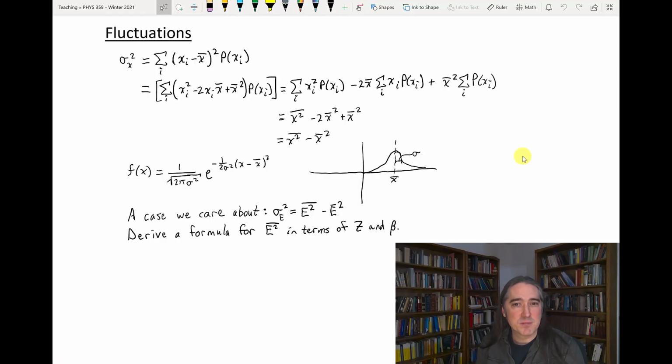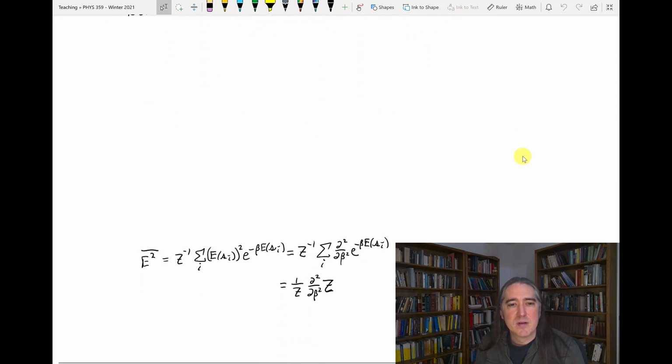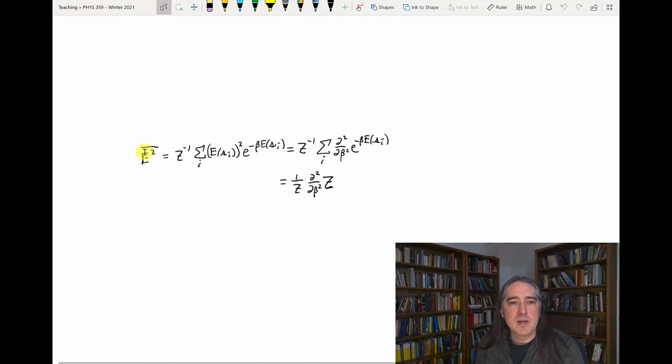Okay, do you have your solution? Good, let's see what we've got. So if I write E squared bar, just using the definition of the average, I've got a 1 over Z out front, sum on I of energy of state I squared, because that's what we want to average now is the energy squared, times the Boltzmann factor,